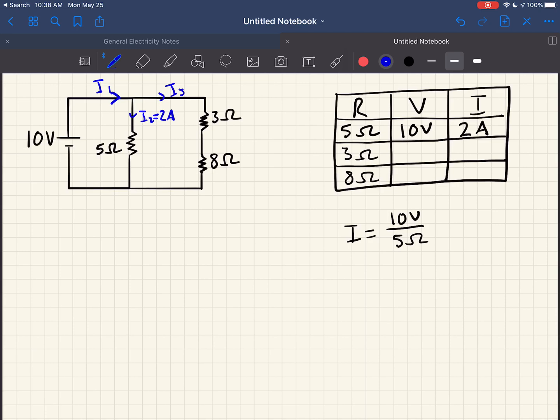Now, let's think about the other two. I don't know the current in either of the other two resistors. I know their voltage has to sum up to 10. So what I'm going to do now, and this is a pretty common approach, is find the equivalent resistance of the circuit, and I'm going to use that to help me out. I know that I don't really have just a parallel or a series circuit. Instead, I've got sort of a combo. So what I'm going to have to do here is add in parallel,